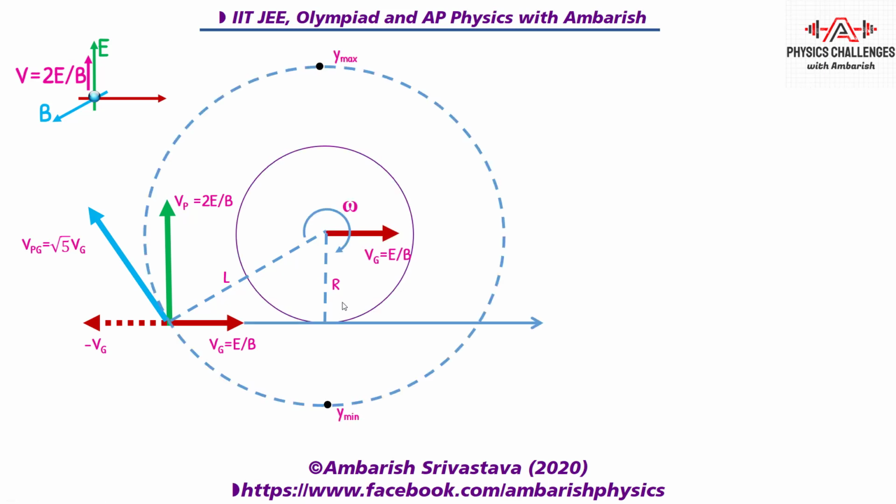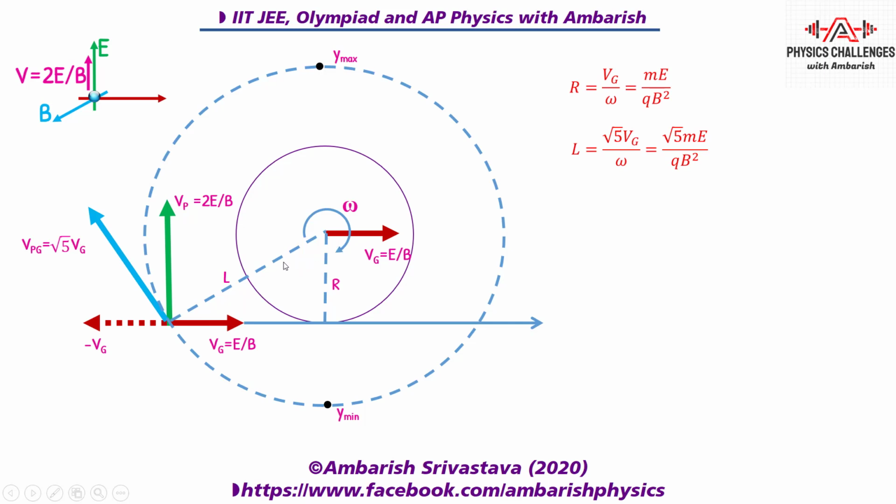This is the kind of geometry that we'll use for explaining. This must be your guiding center location at the initial moment, because this is the perpendicular, and on this you have to draw a perpendicular, because the instantaneous axis is going to lie on this line. Now it's very simple. We can find the value of L and R very simply. R we calculated on the previous slide, that was ME by QB square. And what should be the value of L? You know that this is root 5 Vg, and this is rotating with some omega. So this will be root 5 ME by QB square. Why? Because Vg by omega is this, and this number is just root 5 times the previous number. So this is your L.